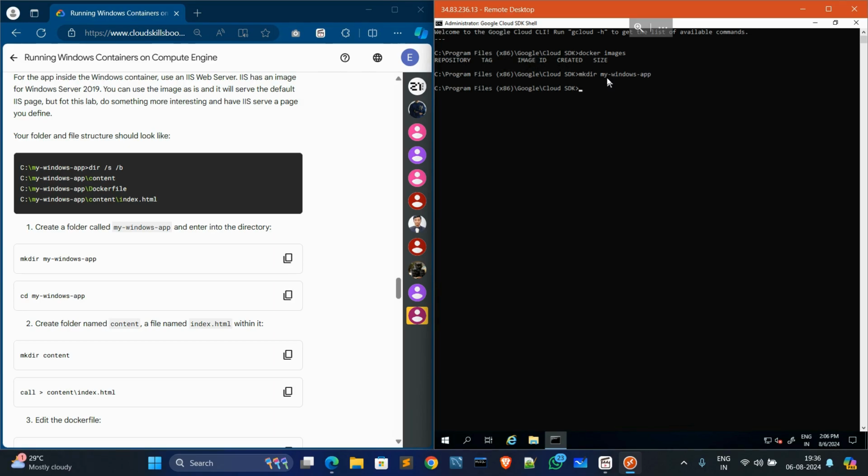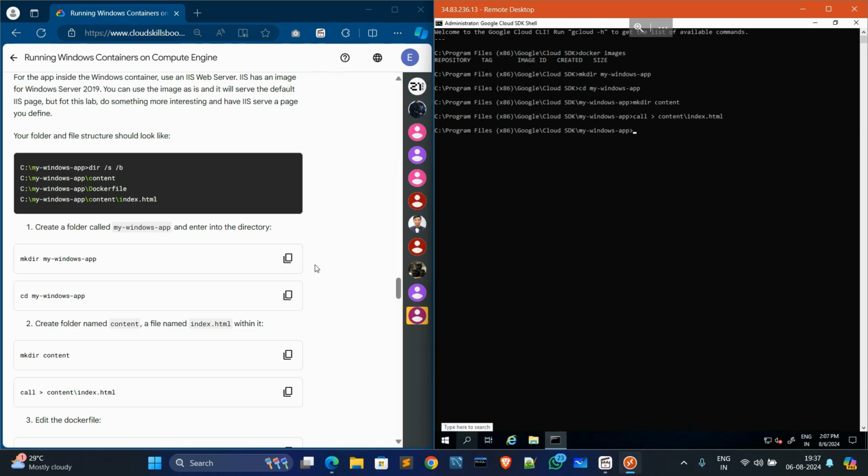Hit enter. Now copy the second part of the first command and paste it. Hit enter. Now copy this second command, which creates a folder named content. Now enter. Now the command that creates the content index.html file. Hit enter.